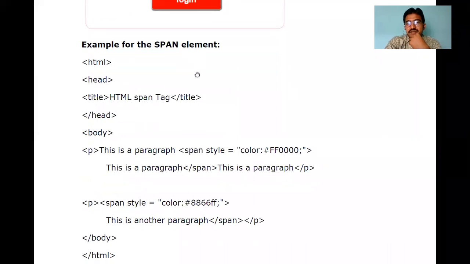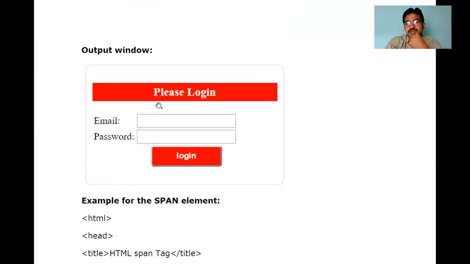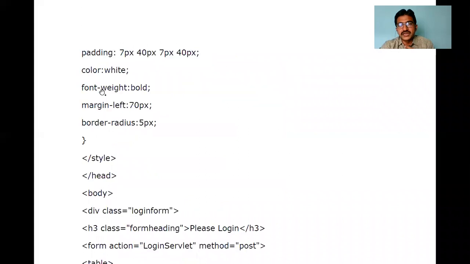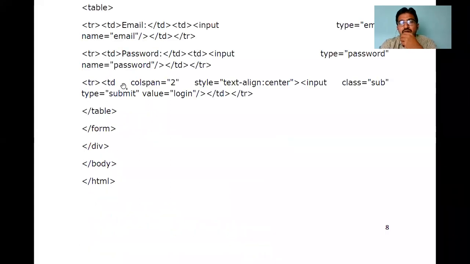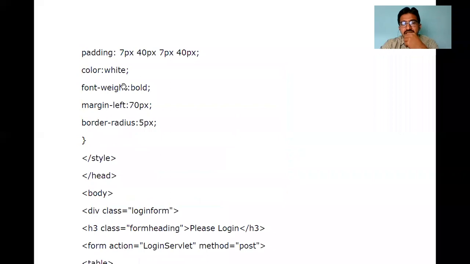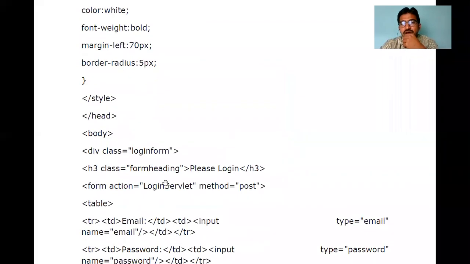And the next example is span. This is only how the style is designed; how you design the style will be discussed in the style class. How you represent the attributes and respective values is reflected in your output. It's not just like that it came. You have also applied the form heading.